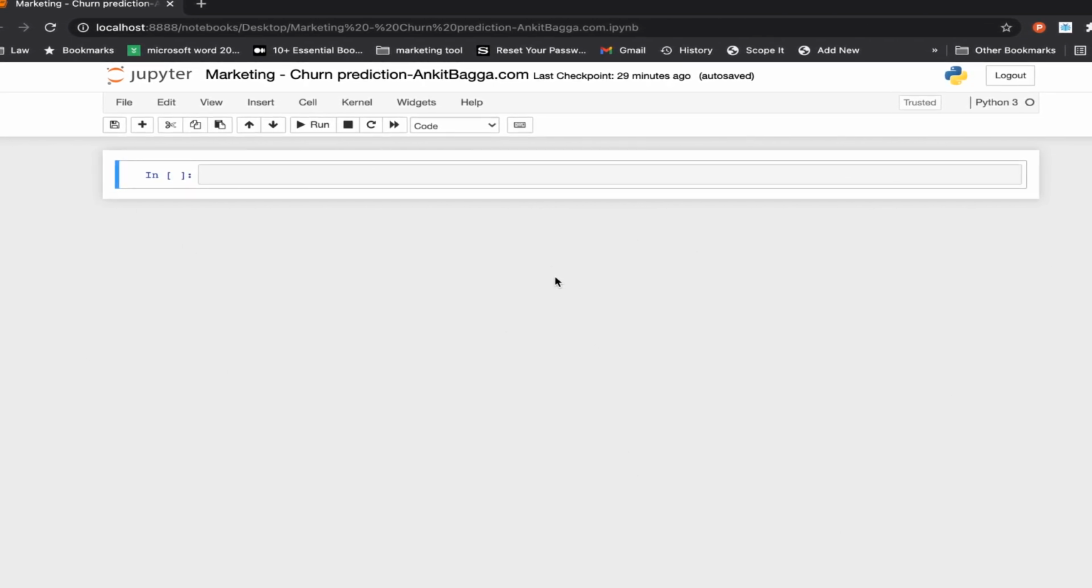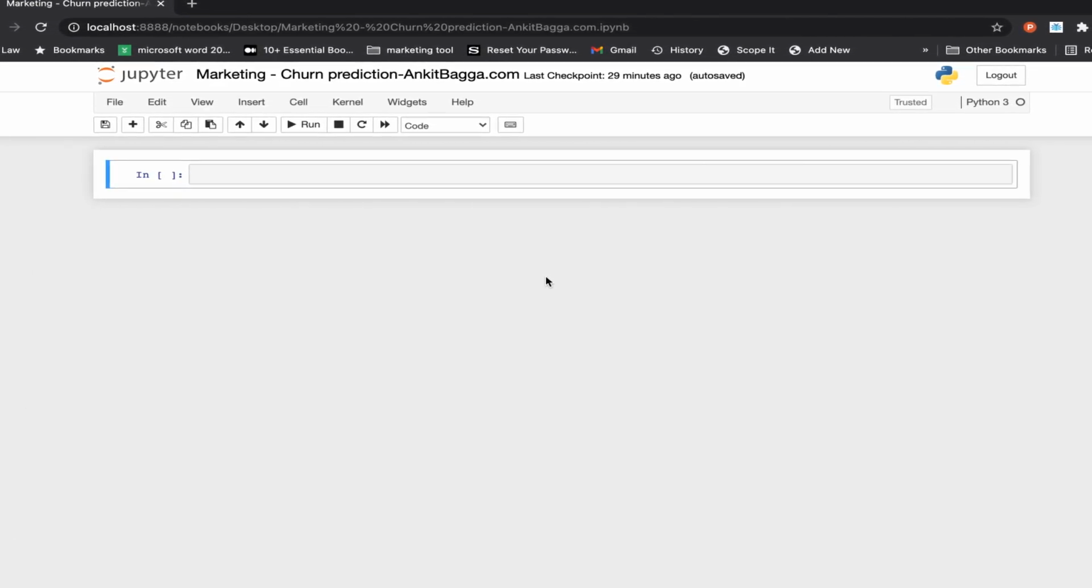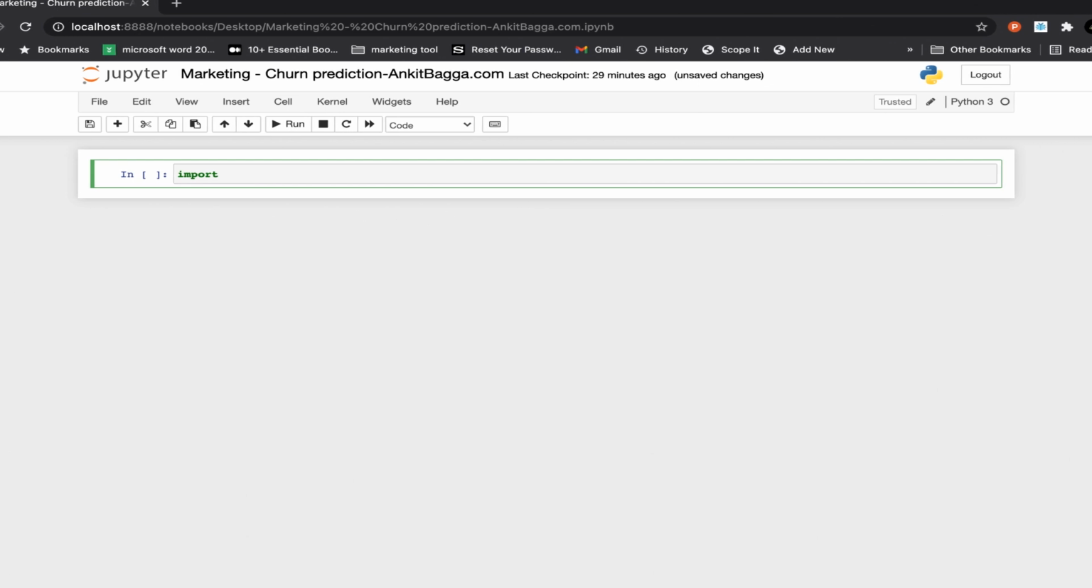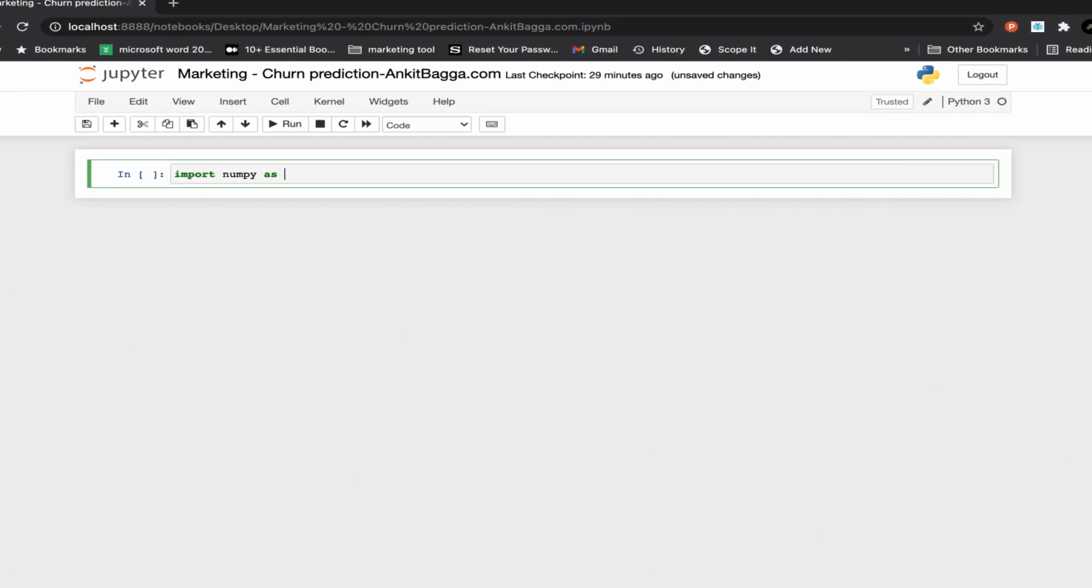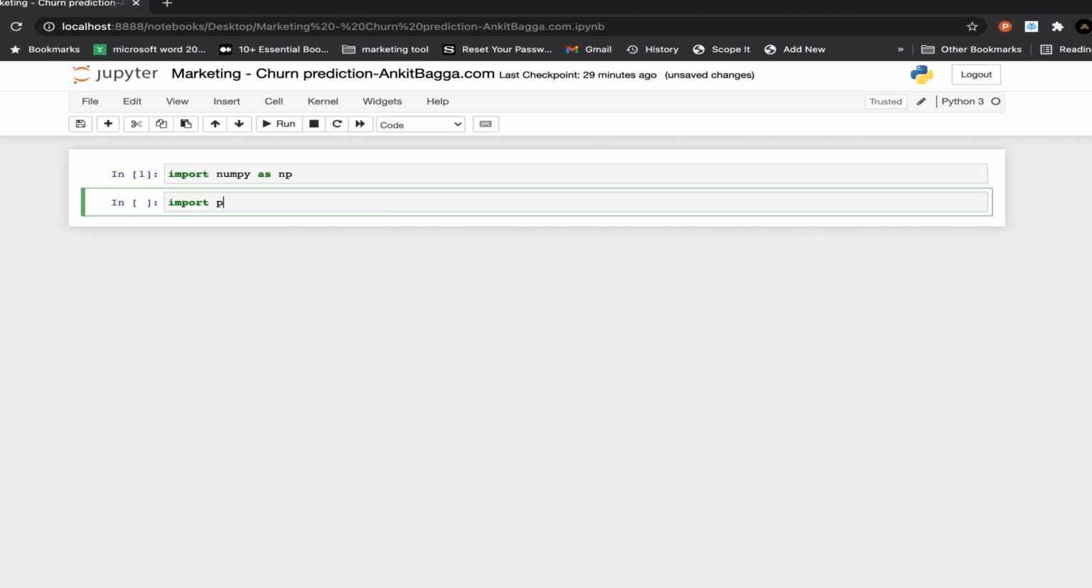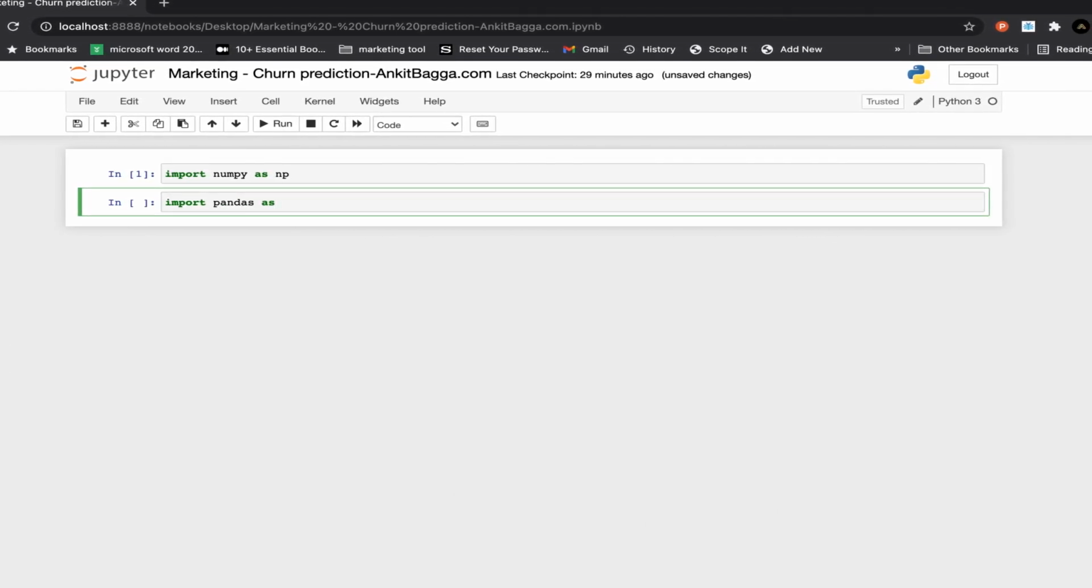So we are inside this Jupyter notebook to predict churn, and right now the model that we'll be using is KNN, which is the K nearest neighbors model, and you'll be learning the basics of how we apply machine learning to marketing. So first of all, we'll be importing NumPy as np. Second, we'll be importing the other module, which is pandas as pd,